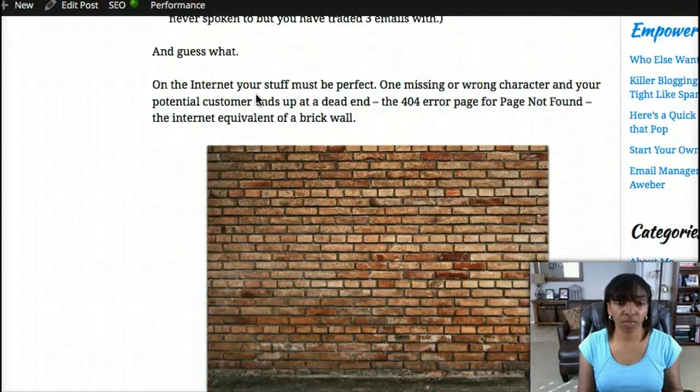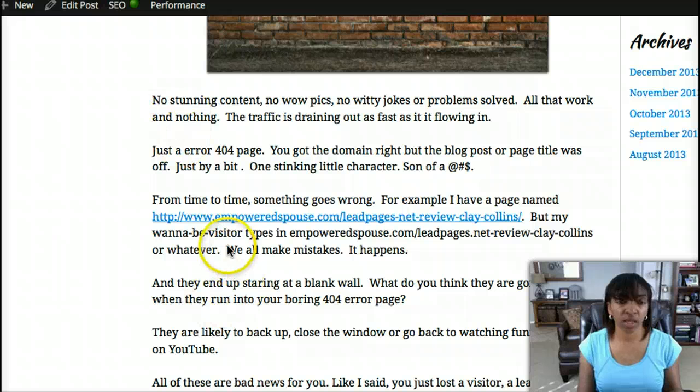So I give an example here, empoweredspouse.com, and one of the tools that I'm going to show you how to use today to make a custom 404 page is leadpages.net. But my blog post that reviews that product is called leadpages-net-review-Clay Collins. So if they type in everything perfectly and forget the S on the end of Collins, or maybe they put in leadpages.net. Okay, so they're going to get the page wrong, but they'll end up on the right